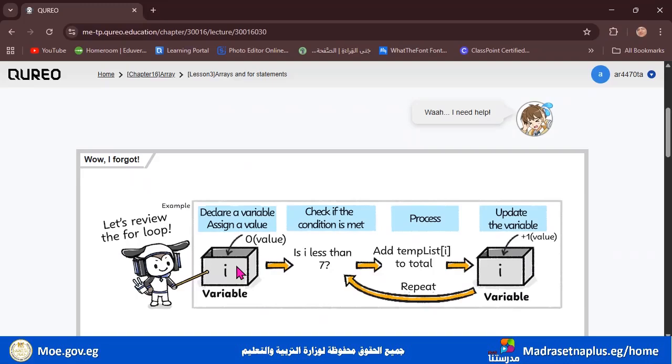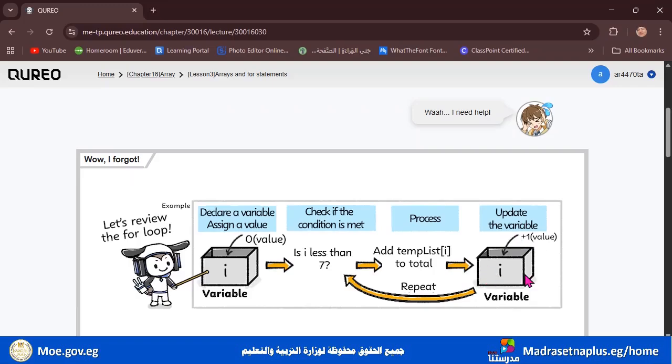After that, do you remember what we did? We wrote I is less than 7. It means that it is checking. We wanted to check if the condition here is met. Is I less than 7? If it is, okay, add 10 plus I to total. And update the variable plus 1.